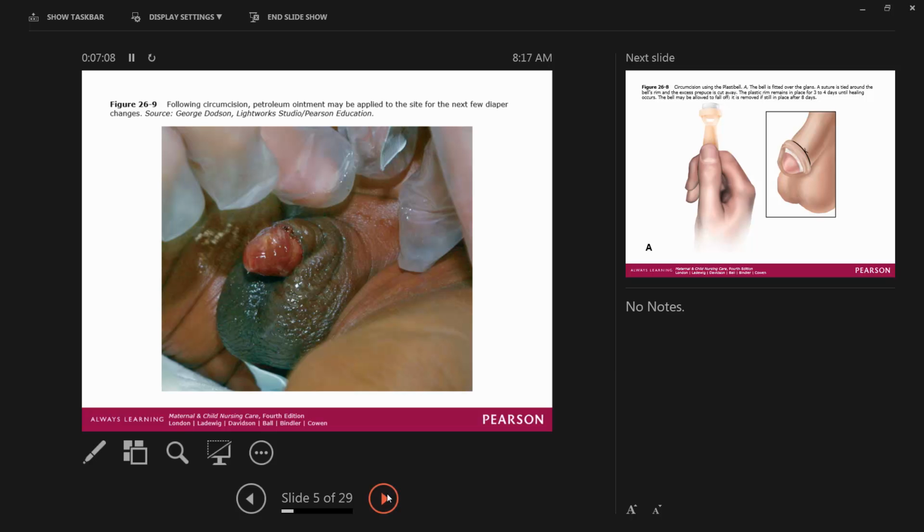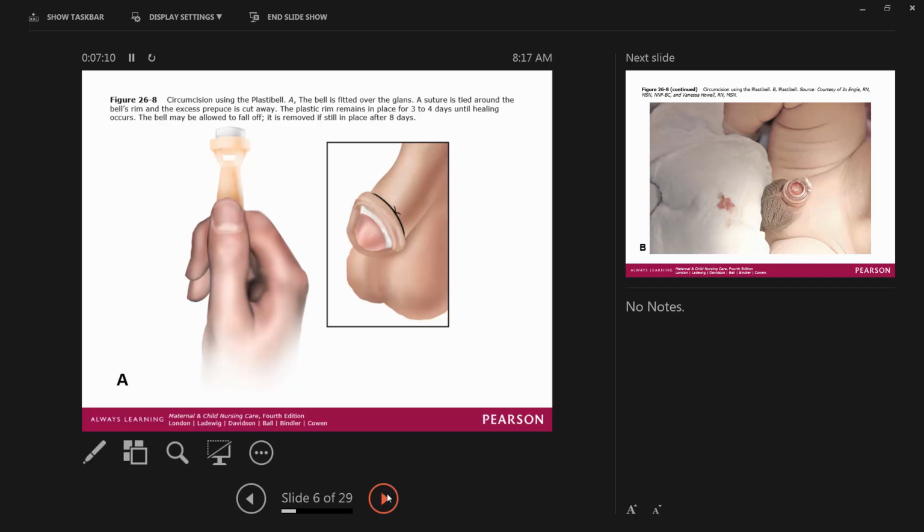Now the next one, which is my preference, is called the Plastibell. It's this little plastic cap, okay? It has a handle on it here. So he does the same thing with the foreskin. He puts the little clamps on it. He takes that little poker deal and releases the adhesions. He slides this clamp on to the head of the penis,